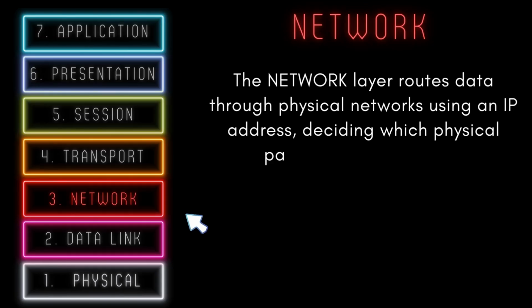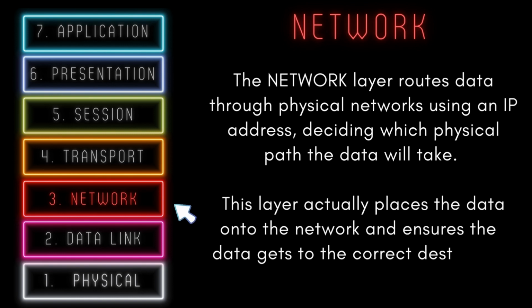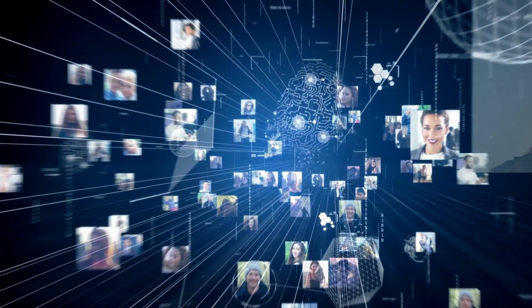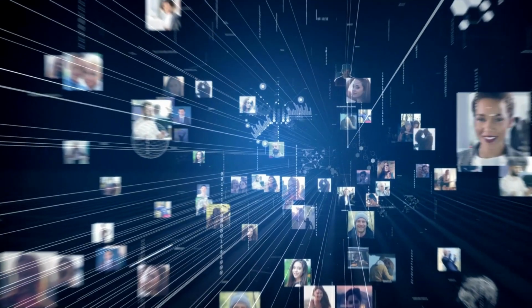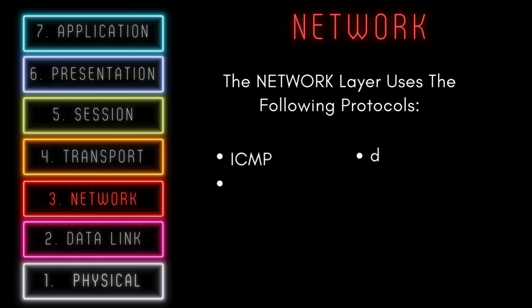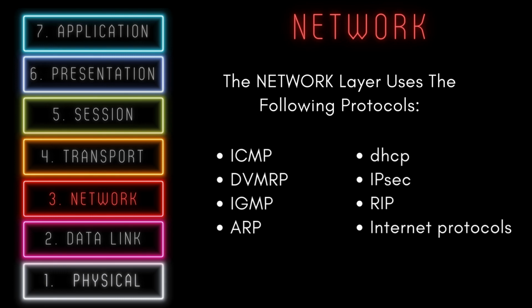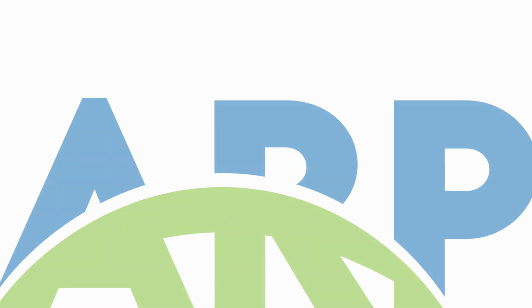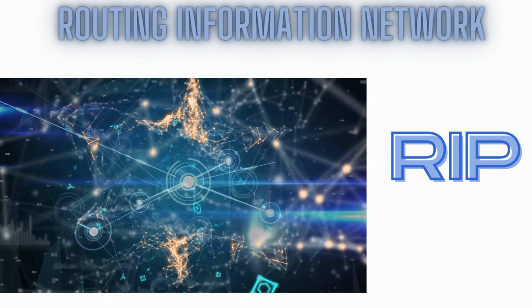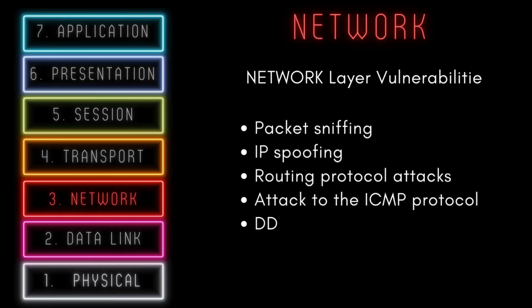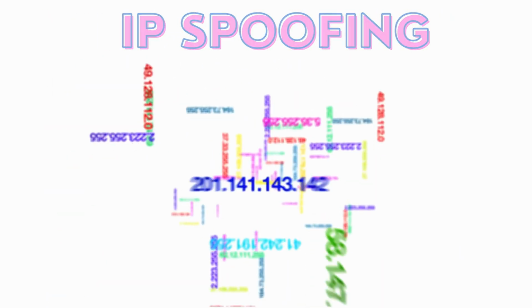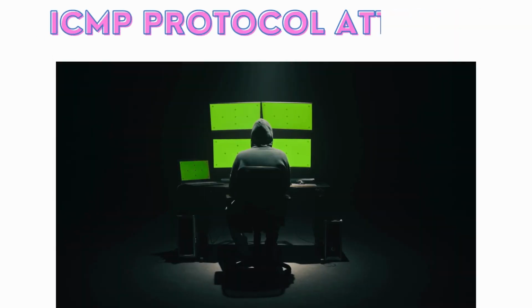The network layer routes data through physical networks using an IP address, deciding which physical path the data will take. This layer actually places the data onto the network and ensures the data gets to the correct destination. The network layer uses protocols such as ICMP, ARP, DHCP, and RIP. The most apparent network vulnerabilities include packet sniffing, IP spoofing, routing protocol attacks, attacks to the ICMP